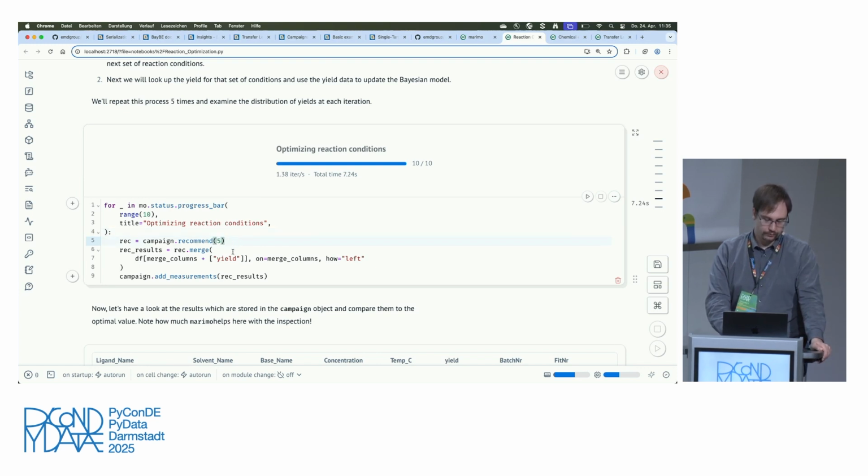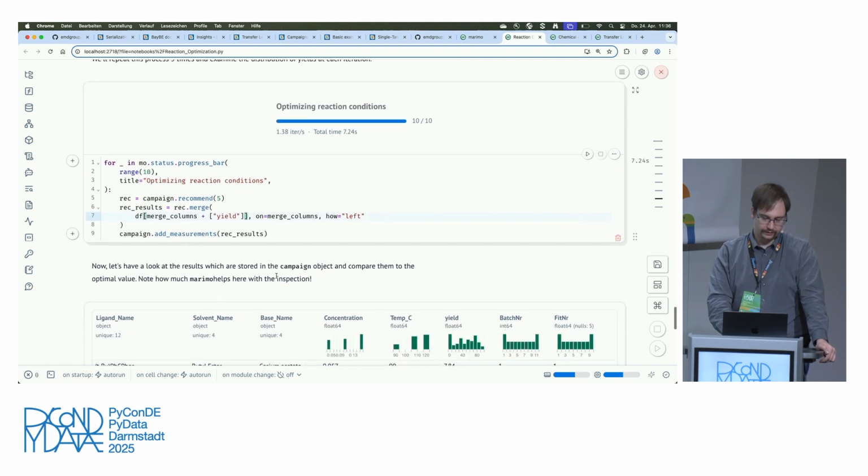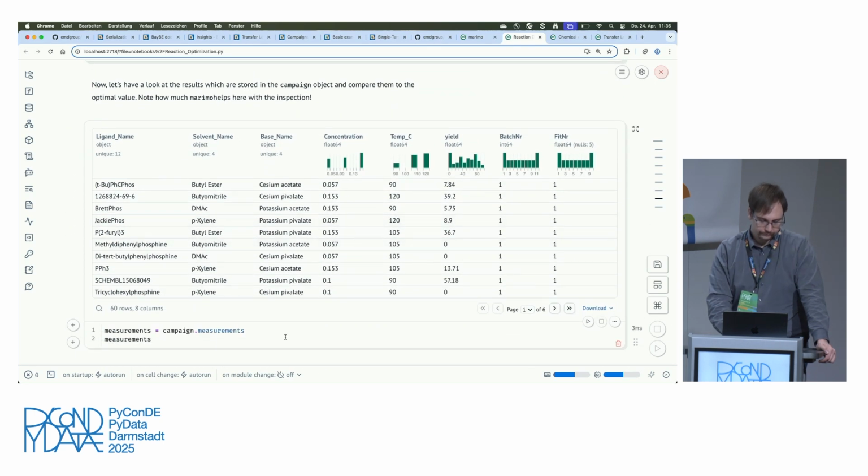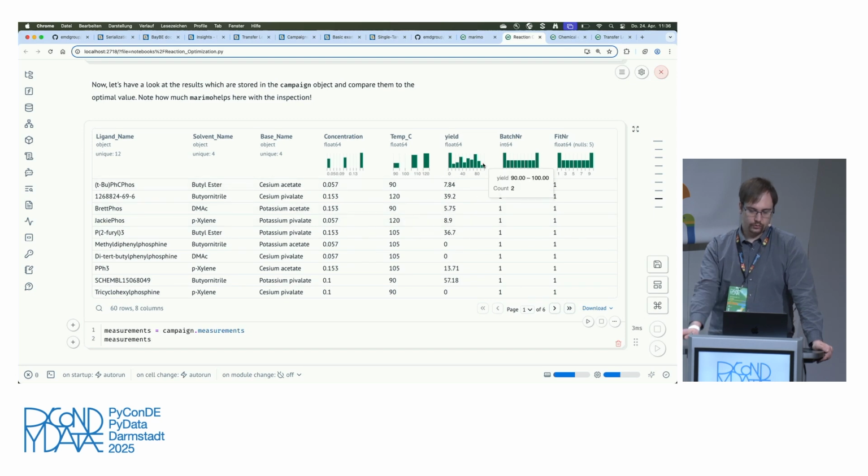We add the data from the yield that we have, so this is where you would normally go into your lab and do your experiment, inform the campaign about the results, and we do this for a bit of time until we have gathered a nice collection of points. So here we have done that until we had 60 experiments in total being recommended by BayBE and being performed. And you see now here the collection of all of the measurements that we have done and some statistics on it. And you actually see that we managed to find within 60 experiments that we did at least 2 experiments and 2